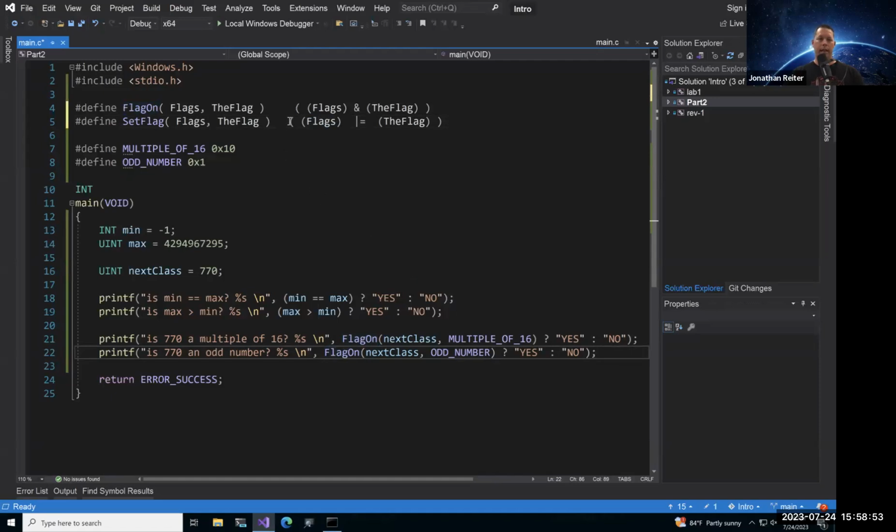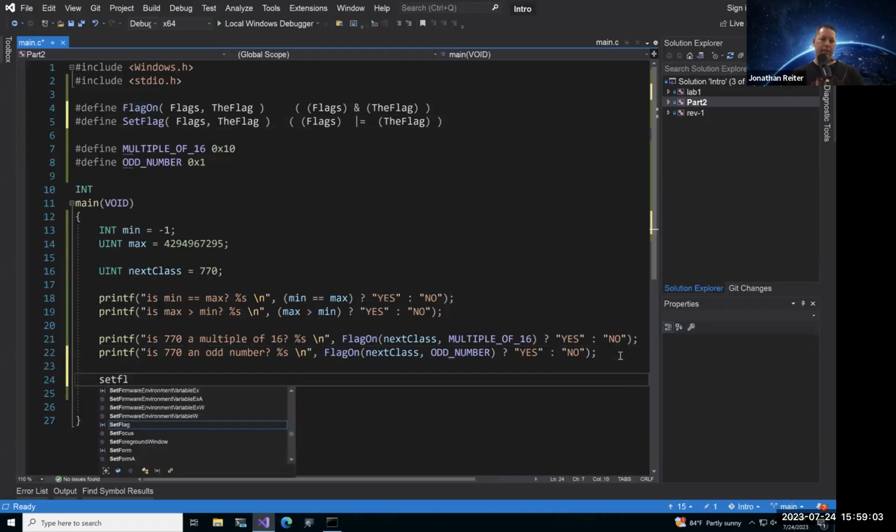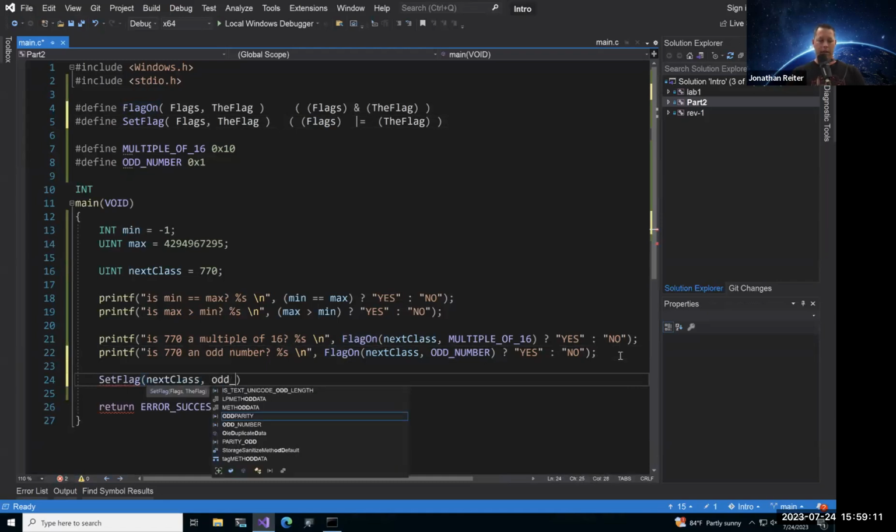Now, once you have that implemented, we'll skip a few lines and call the macro. So we'll say set flag, next class, and let's set the flag odd number.